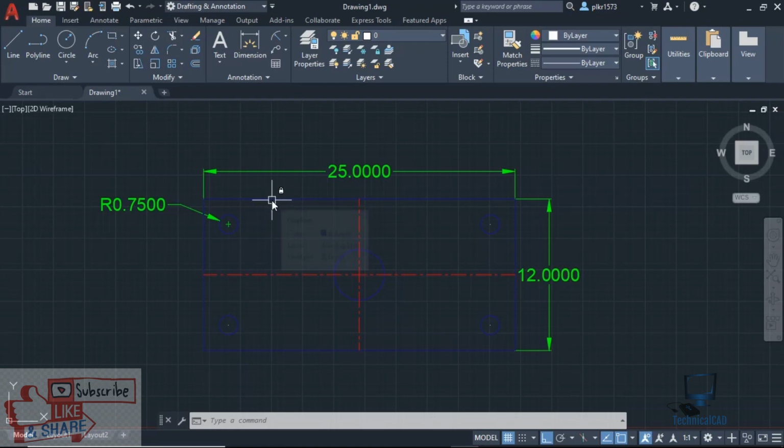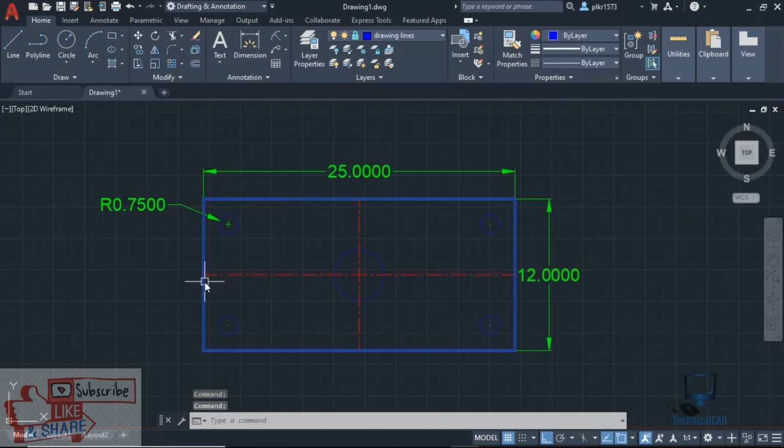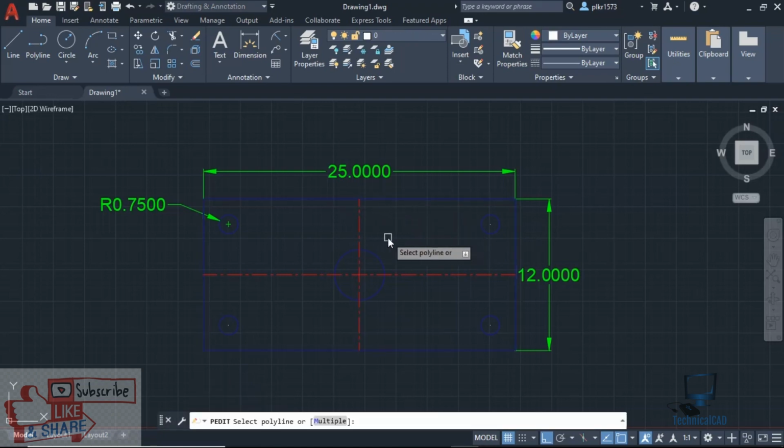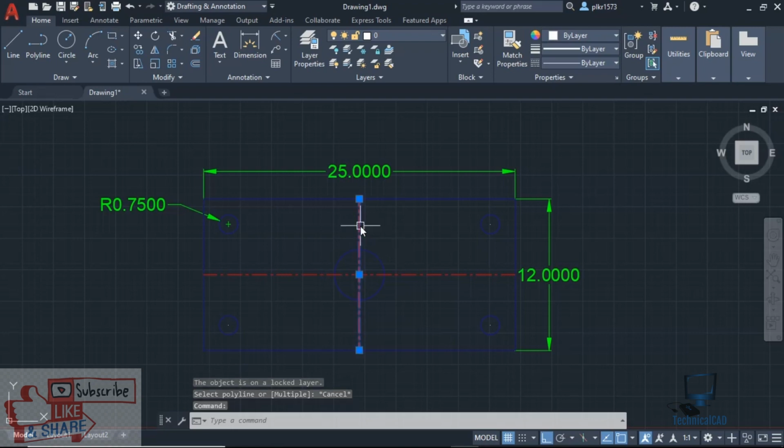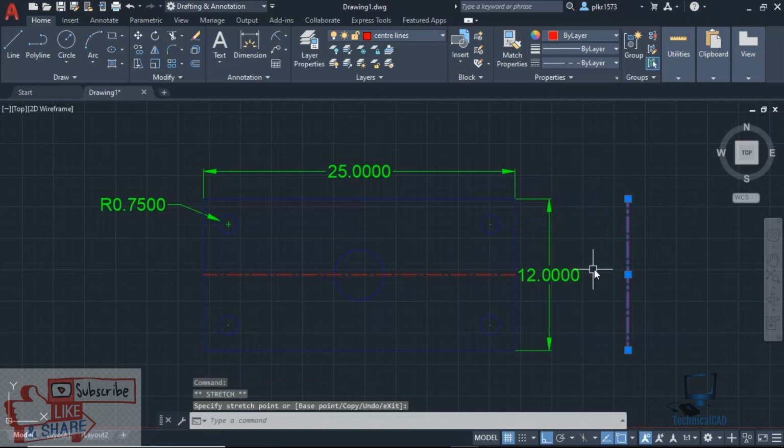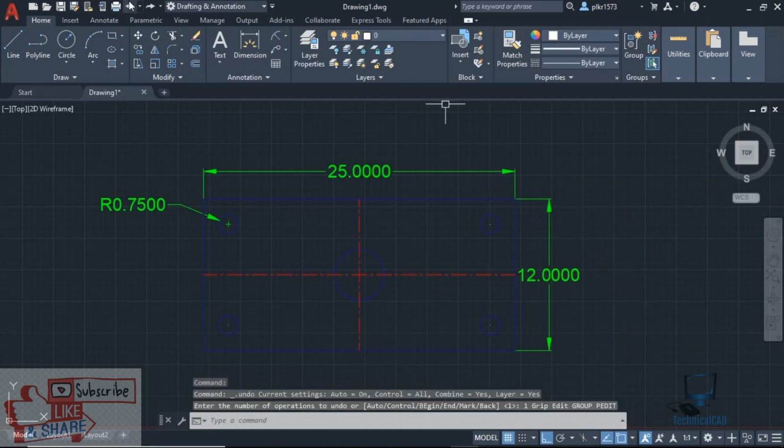So it means that the layer has been locked. It's not possible to edit. We can't edit the size, or move that. If I select this, I can move this line wherever I need, but if you lock that, it's not possible. So that is the purpose of lock here.